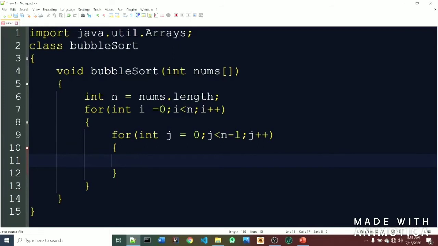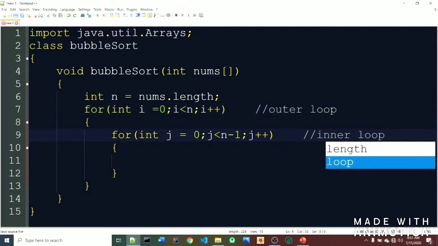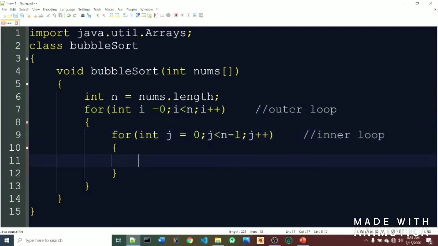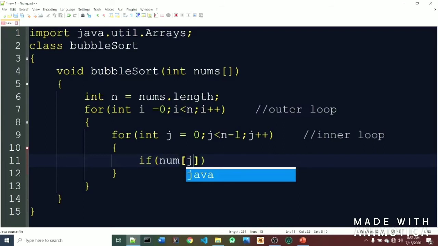Now this is the outer loop and this is the inner loop. Now in the inner loop we have to give the condition on what basis we are going to compare the two values. So if num at j position is greater than num of j plus 1, then